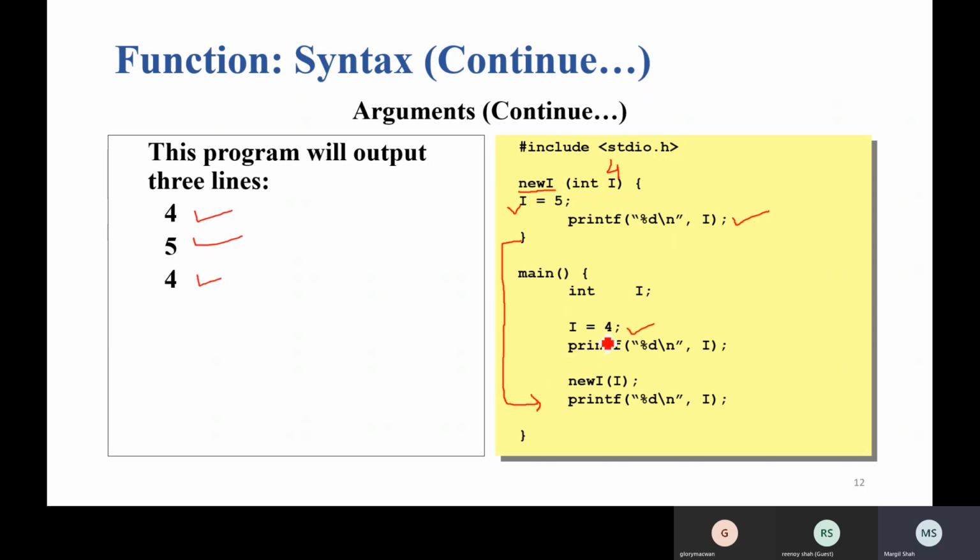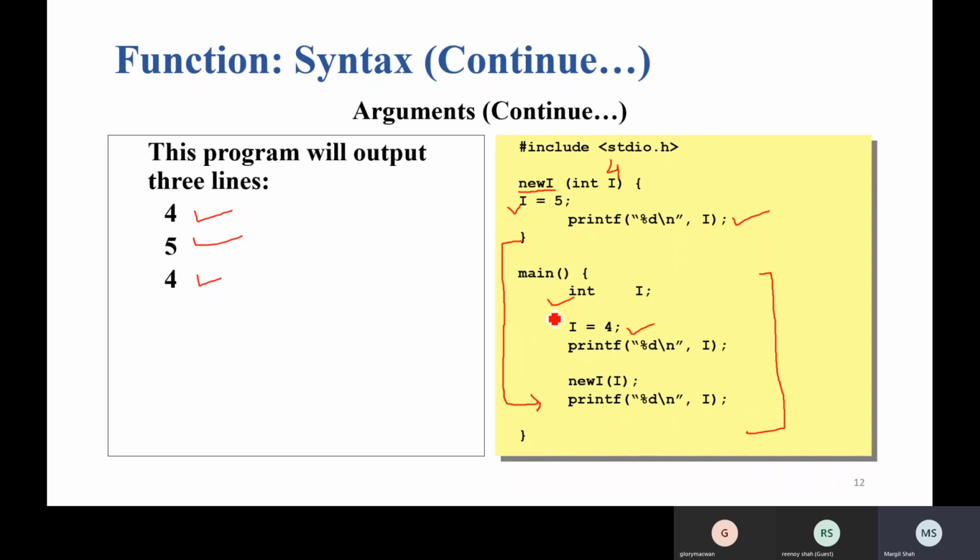Don't get confused about this, because wherever you are declaring the variable, integer I, that is a declaration of a variable I. This is an automatic variable and the scope of the variable is within this function only, right? So this I and the data of I are accessible inside this function.